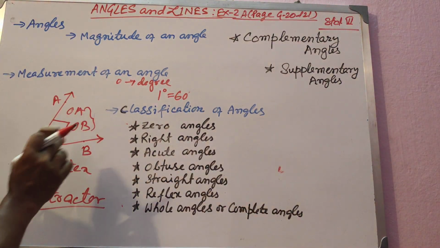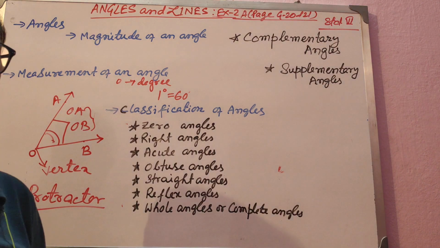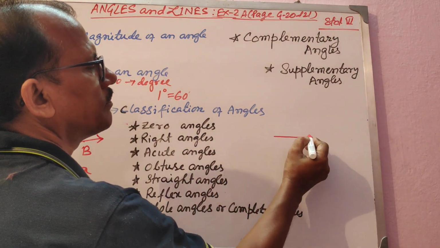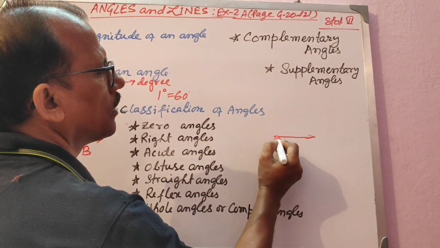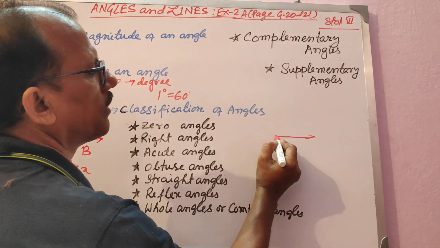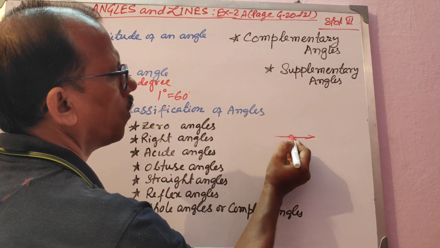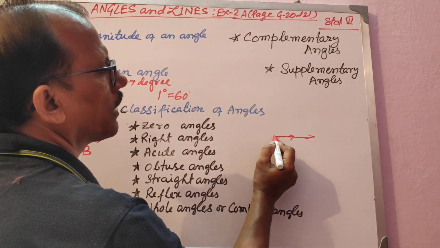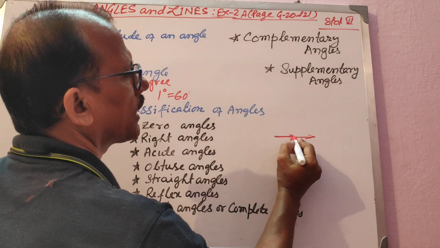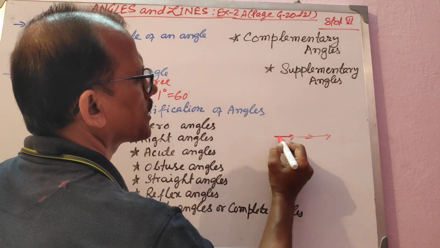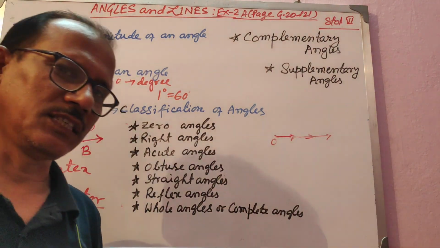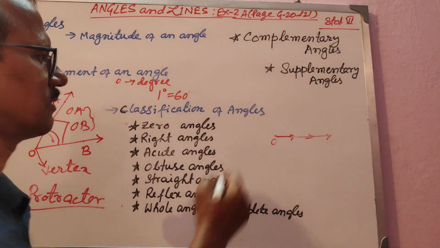Could you understand? Now we will move on to the classification of angles, which is very, very important. I will just take the zero angle first. See, a ray came, the ray did not move, did not open, but it merged into its own ray. One ray came, then another ray is merging into it. It can be smaller, it can be greater than the previous ray. It is not opening at all. It is merging. So that forms a zero angle.